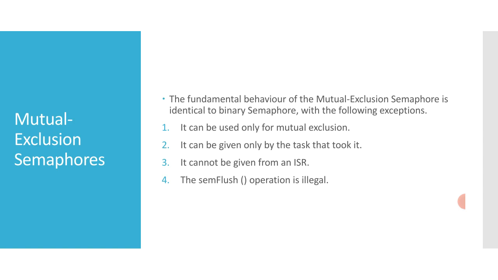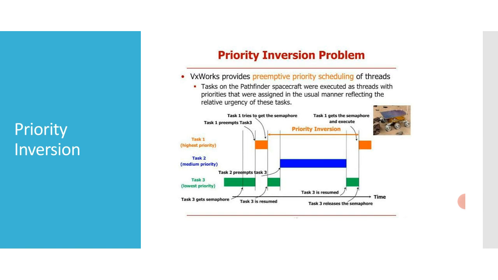Priority inversion arises when a higher priority task is forced to wait an indefinite period of time for a lower priority task to complete. Consider this scenario in this figure. T1, T2 and T3 are tasks of high, medium and low priority respectively. T3 has acquired some resource by taking its associated binary guard semaphore. When T1 preempts T3 and contends for the resource by taking the same semaphore, it becomes blocked.